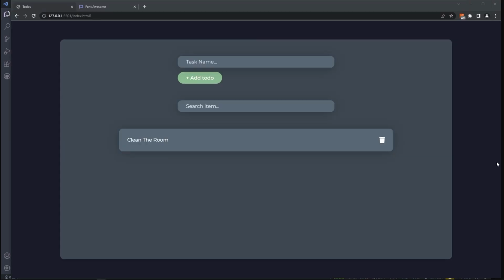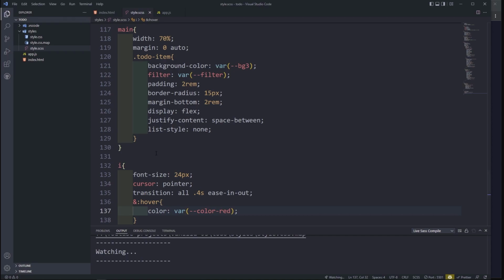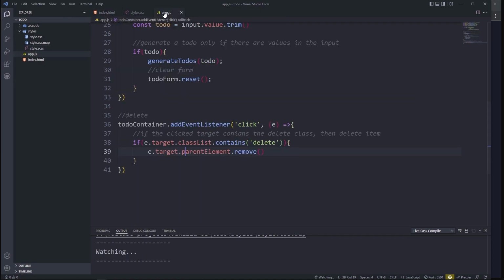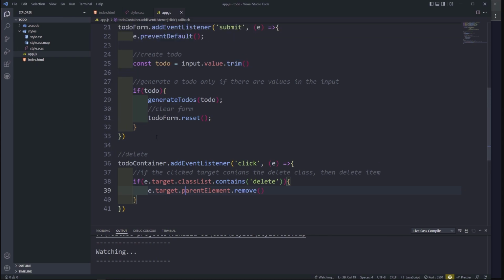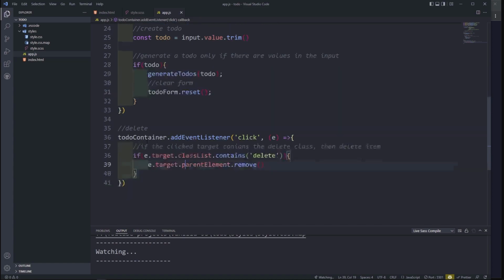Okay, so when you hover, it should turn red. Okay, so yeah, everything works fine at the moment. Let's work on completing this text. I want it to be underlined when we complete our task. Okay, so to do the completion of a task, we just need to say, well, I'm gonna say